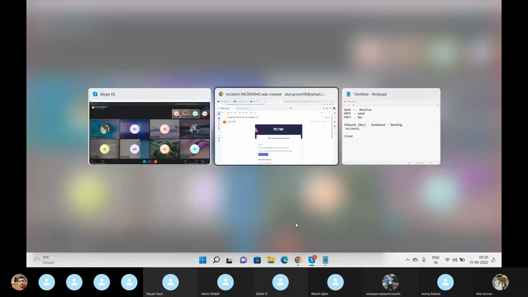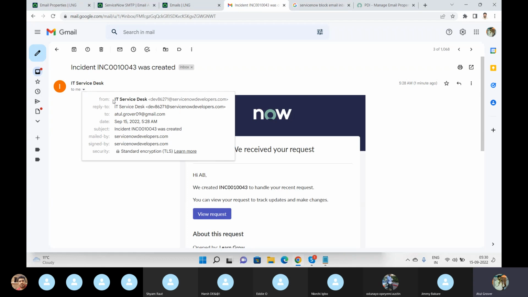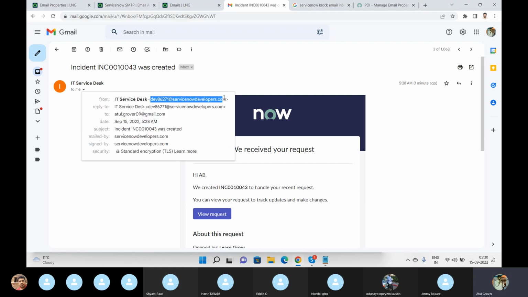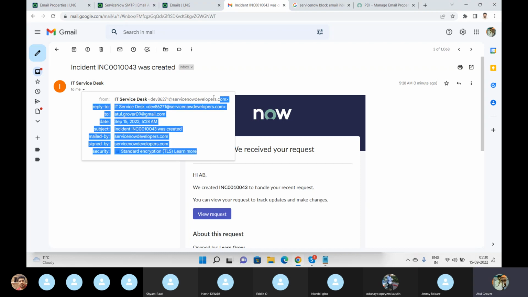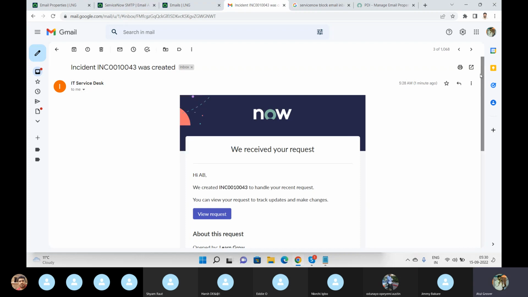Okay. Now I can come here. So this is the email I received from ServiceNow. It has some standard subject. If I open it, it's showing IT Service Desk, which I was talking about. So Jimmy, maybe you are getting this as a company name. And this is the email address from where I'm getting it. Reply to, subject, mailed by, signed by, security. These are standard things. We are worried about only this thing because this is what we know from where it is coming. Right? Now, if I scroll down,